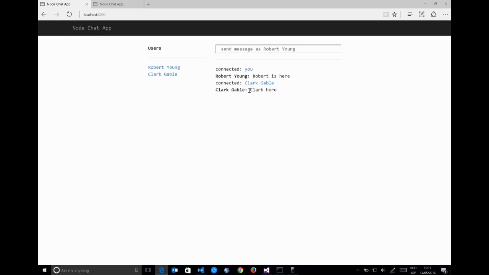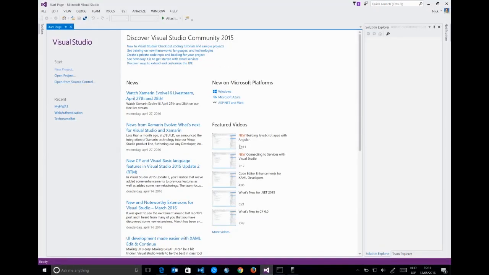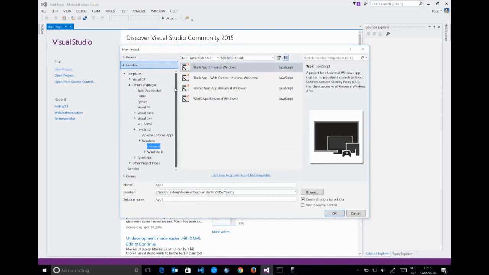And what we're going to do is wrap this chat application inside of a mobile application. So how do we do this? I'm switching to Visual Studio. You can get Visual Studio by going to visualstudio.com, where we have a free community edition that you can download and use for free. What we're going to do is create a new project. In Visual Studio you have a whole range of project types that you can create. For this specific case, to create this hosted web app, we need to create